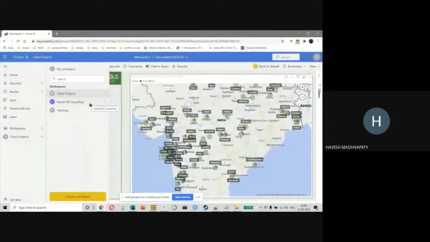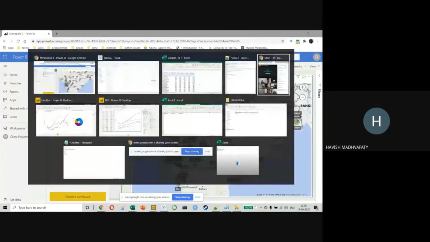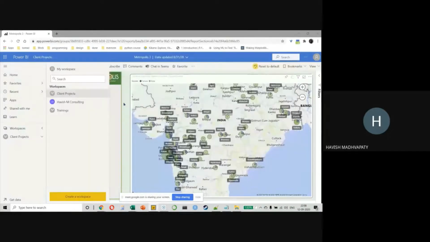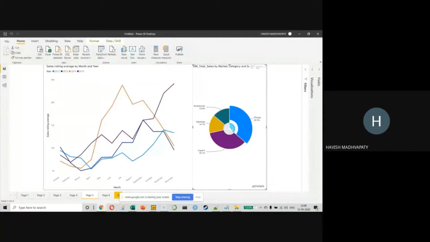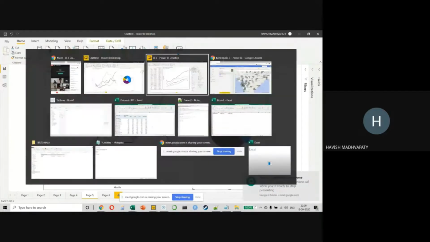Basically, you make the report. Once you have created the Power BI report, let me just open it. Then you publish it. You put it on the Power BI service. Like you have Tableau online, you have Power BI service. You can do this free of cost. You don't have to get a paid account for this. And from there, you can put it on your online service.